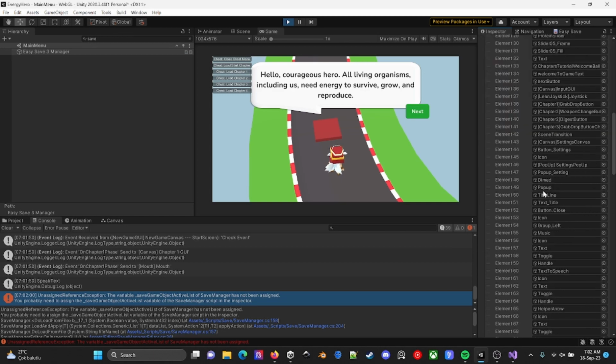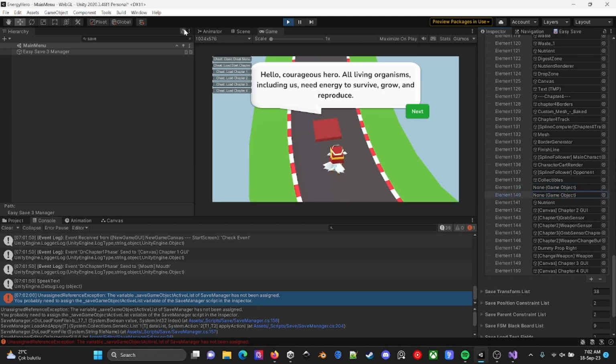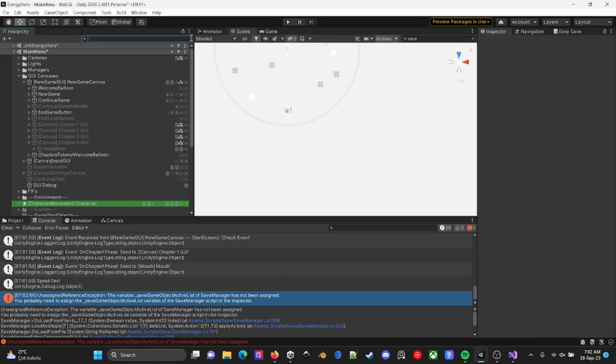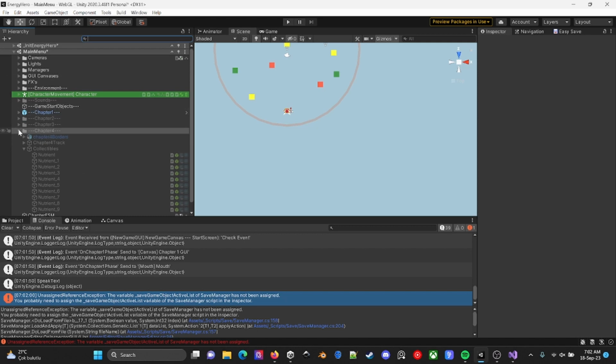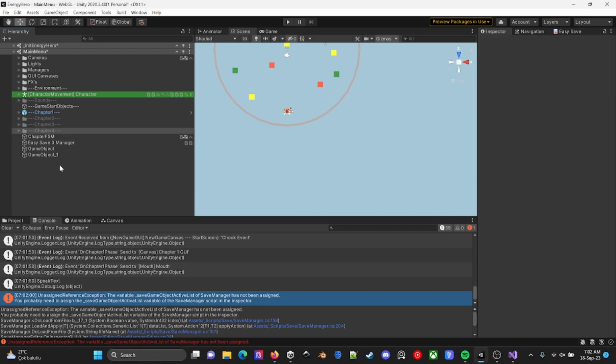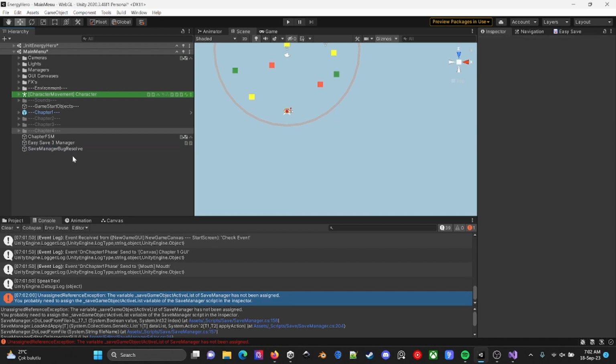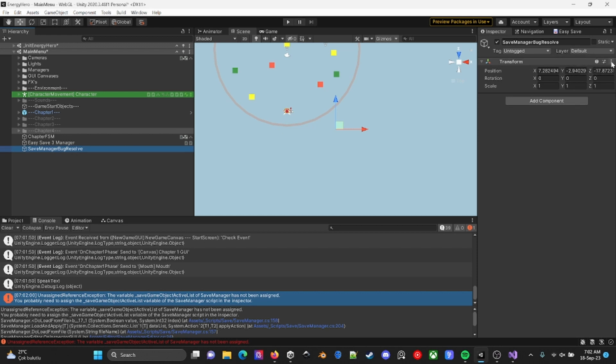This problem also has any none. These two guys. Okay, just the easy fix. Save manager, resolve. Just generate. This is a really dirty fix, but